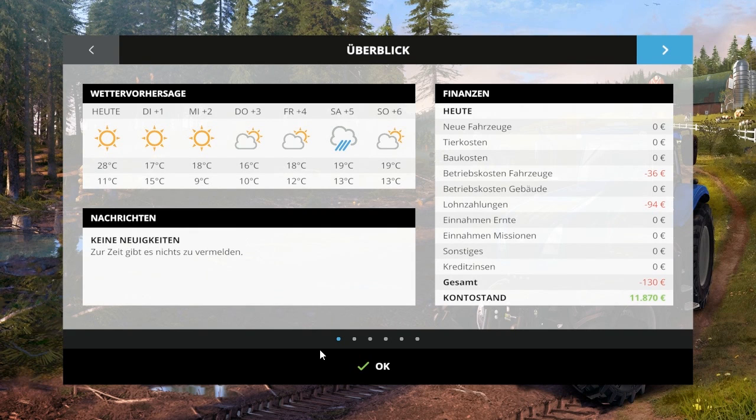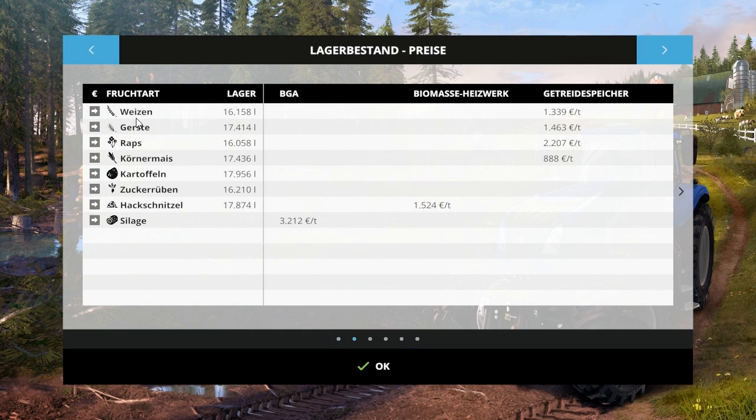How can we scroll through all of this stuff? I would love to know. So this is our finances. There must be a way that we can actually just scroll through all of this, which I'm yet to figure. Oh, here we go. Click this button. Here we go. These are all of the